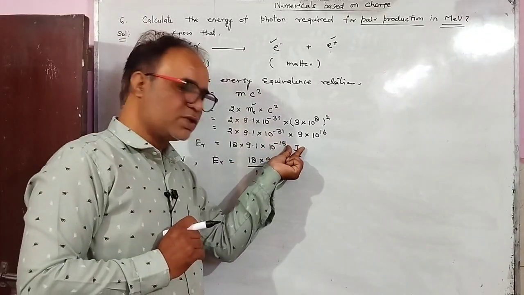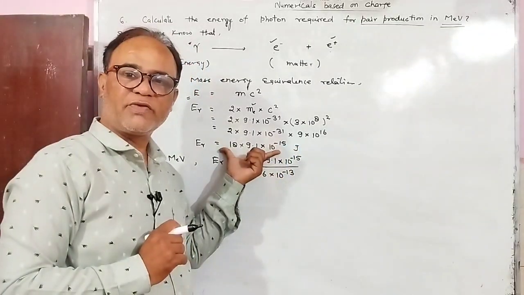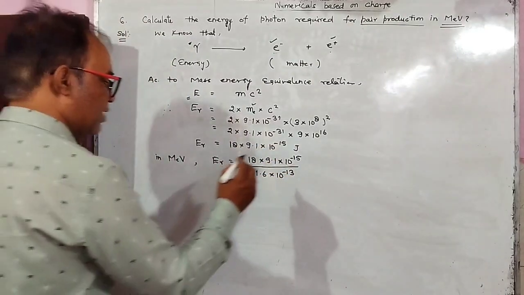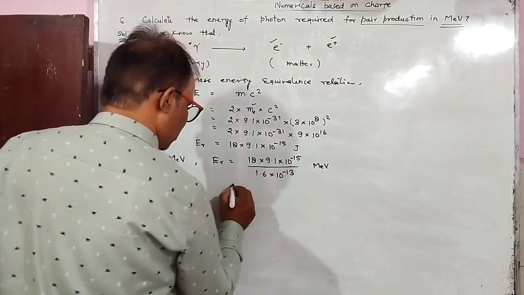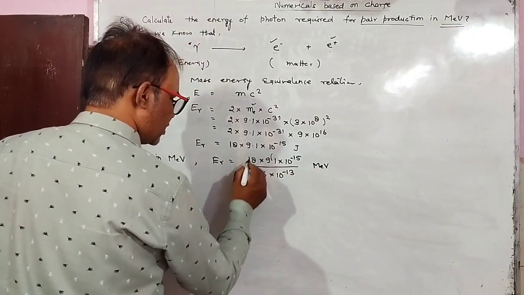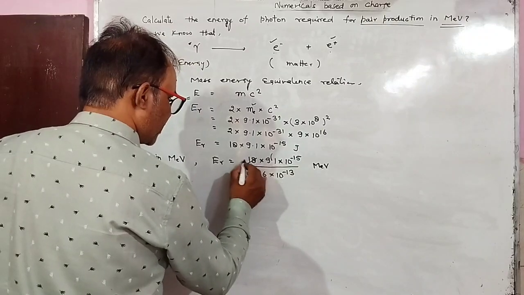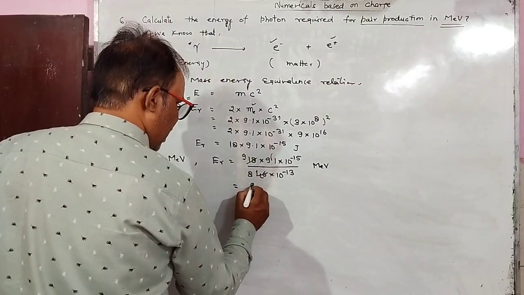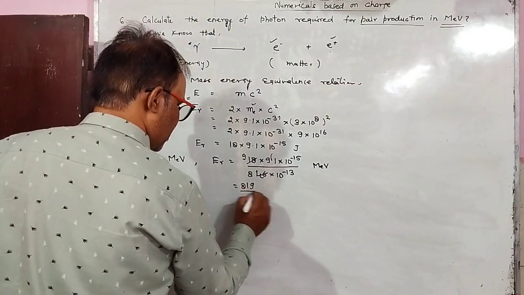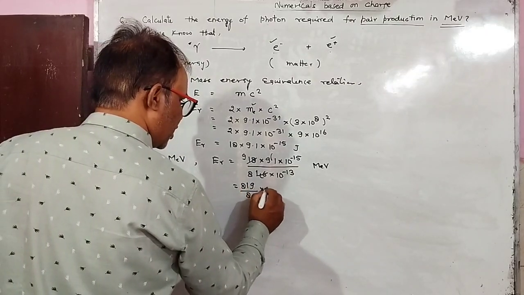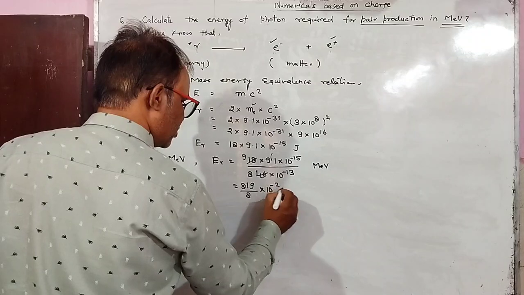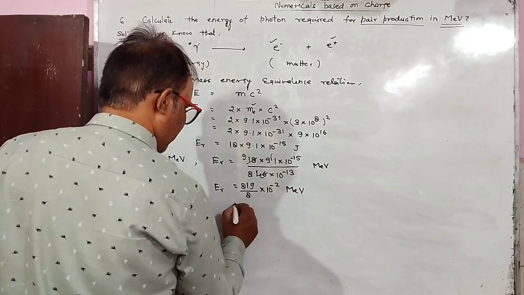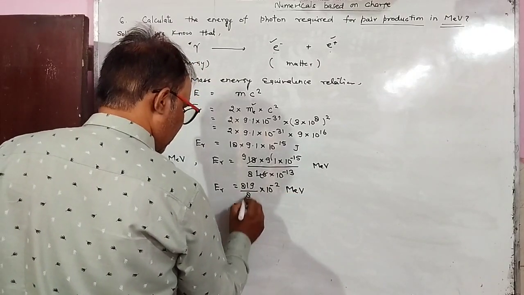This is the value in joules. This is the relation, this is the amount of energy that is required in joules, and this is in million electron volt. We can just calculate it as 9 and 8. So that gives 9 1 ja 9 and 9 9 ja 81 into 10 to the power minus 2 million electron volt, and can further be solved as 8 1 ja 8